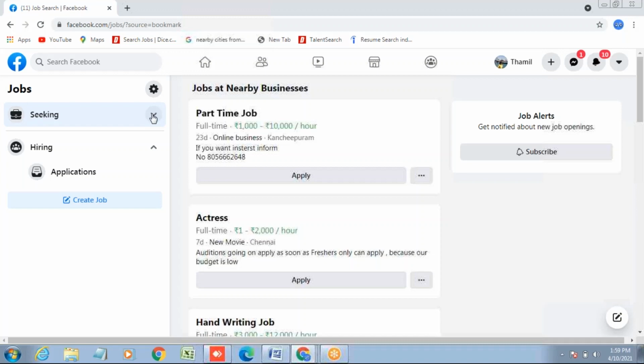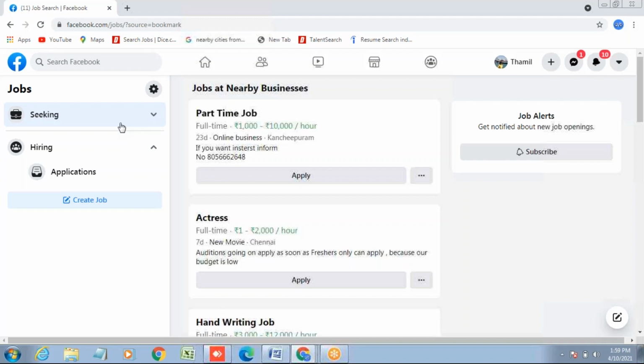Seeking means we can search, find. Find what? Are you finding jobs or finding resumes? Seeking jobs. Very good. Hiring means we need resumes.